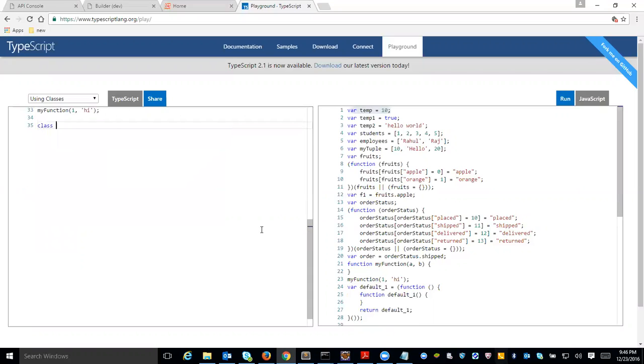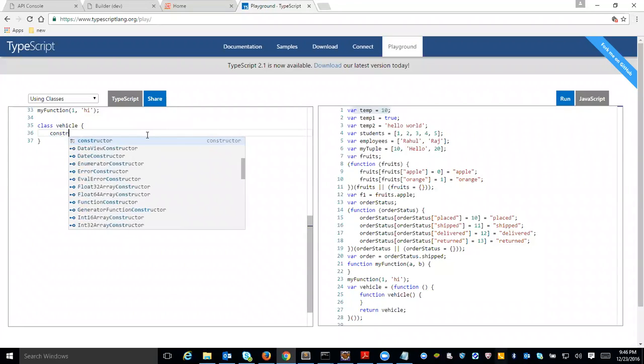If you remember, we created a class Vehicle, and this Vehicle can take some parameters maybe. So there was a constructor, right? So you are having a constructor,